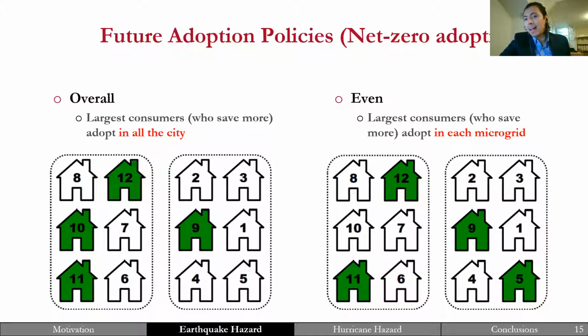So then we tested a bit of a different adoption to make the solars more spread over the city and not just in the rich neighborhoods. We said, okay, let's test a more even adoption rule, and in that we're going to let the adopters be the ones who save the most, but within clusters. And the clusters you saw, they are spatially distributed across the whole city. So in this second policy, you can see a more even spatial adoption here. And we tested these 2 policies and the implications for resilience and risk.